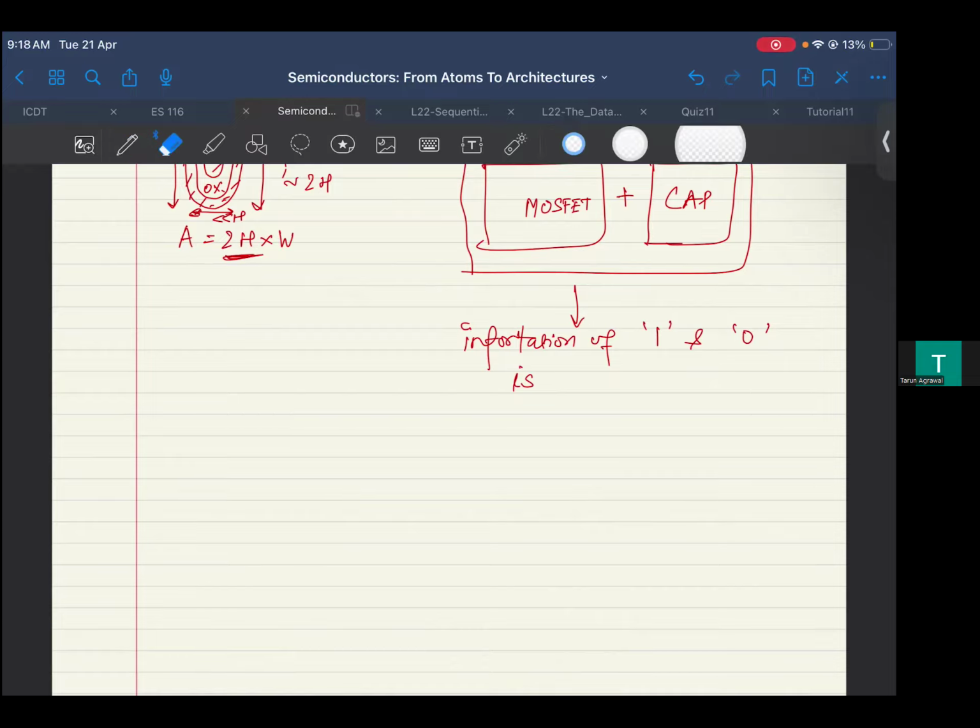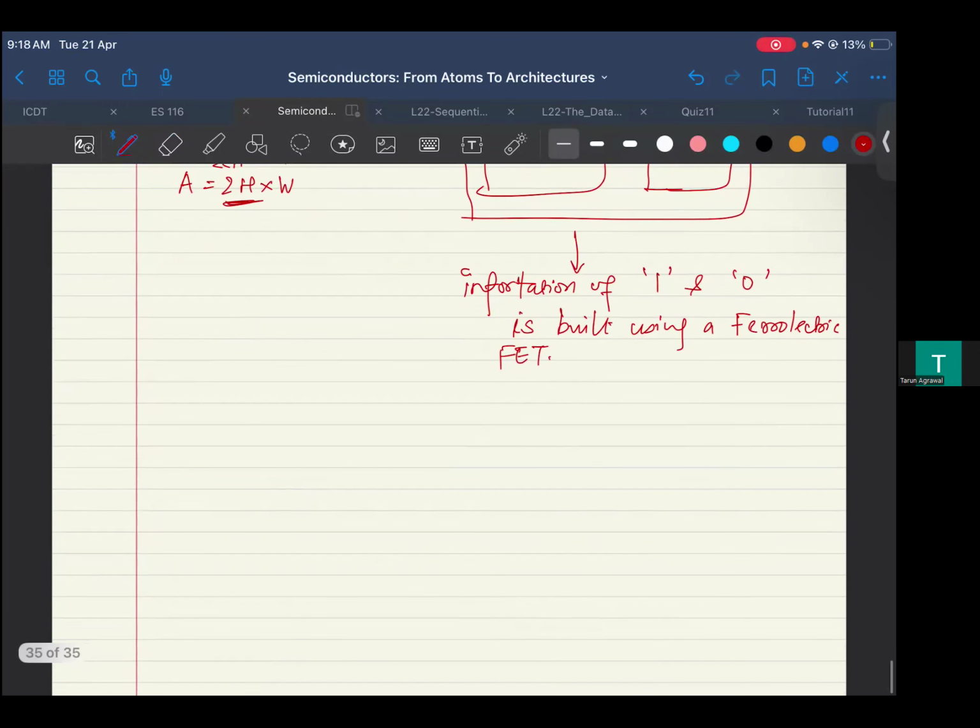So it's built, right? This 1 and 0, basically you are building using a ferroelectric. And the idea is simple here, simple in the sense of looking at it. So let's say this is your normal oxide, what you were having initially. Here you put a ferro, right? And this is metal. So what you did when you put a ferro, you know that when you apply, let's